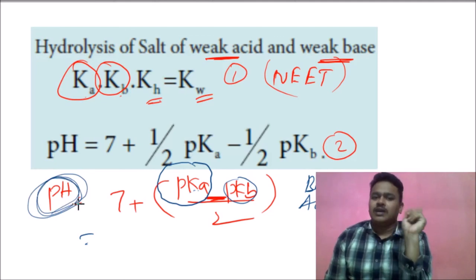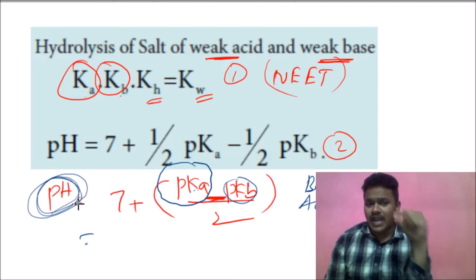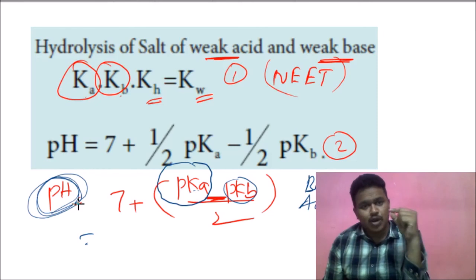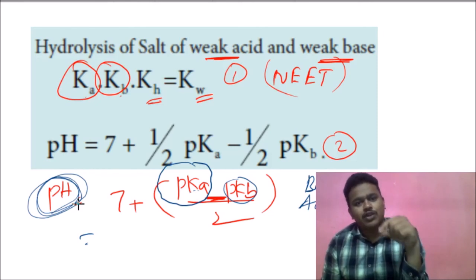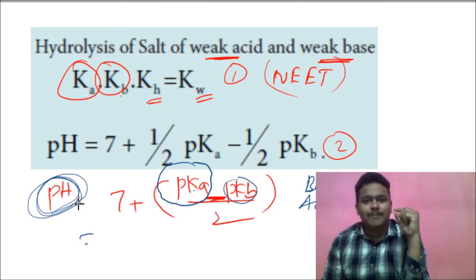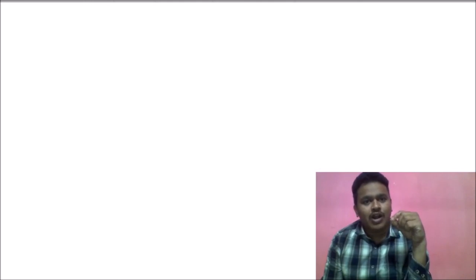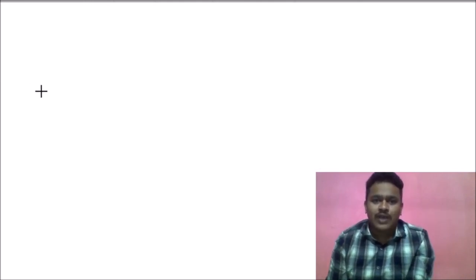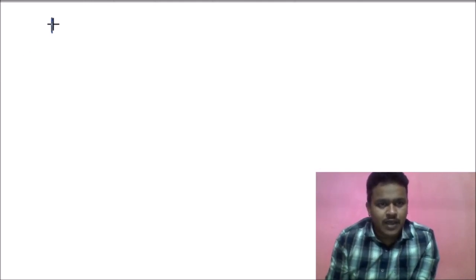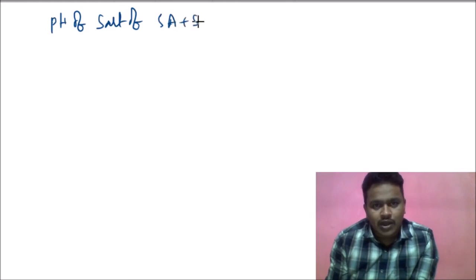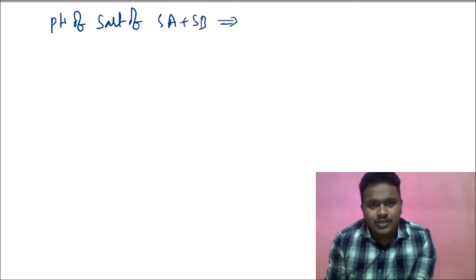Only for the second type of salt we derived the expression properly. For the third and fourth types of salt, similarly we have to do the same thing and get the expressions. Finally, I will put all the pH values in one place. The pH of a salt of strong acid and strong base will be 7 because it is neutral.